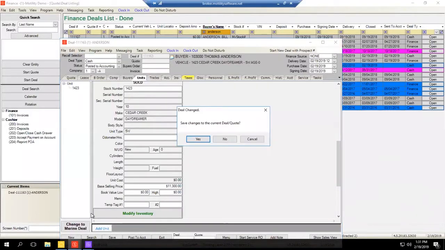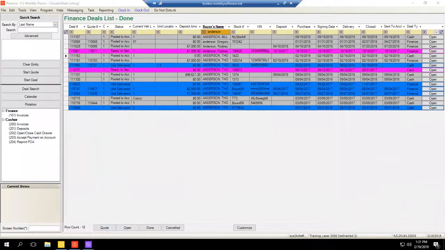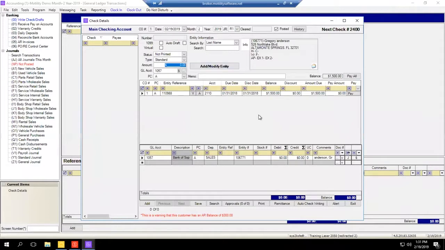Well, anyway, what's going to happen on the check writer is we're going to hit pay for the consignor's amount, which would be in here. The difference is, if they also have service work that's been done on account, I need to change my pay type to customer refund, and any service work that's been cashed out is going to be in here as a negative dollar amount. So you'll have your $10,000 consignor amount, and then it's going to be reduced by this $300. So the check is actually going to be for the difference of whatever you actually owe them. And that way you take care of your internal cash outs and your payable balance for consignments all as part of one